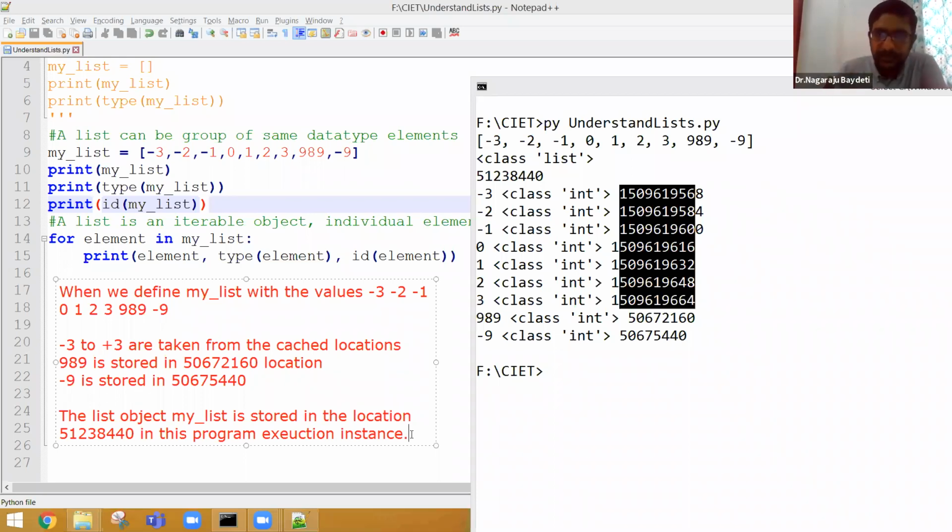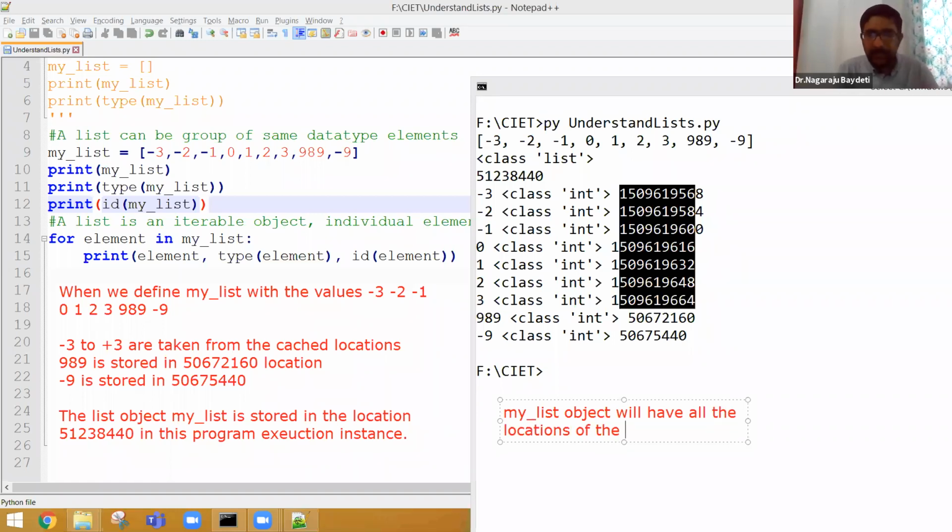It's a reference to a list object where the addresses of the elements are stored. When you are actually referring to the name of the list, it is giving me the value. Okay, what I am telling is my list object will have all the locations of the elements defined inside my list.